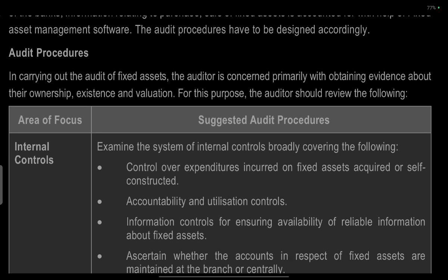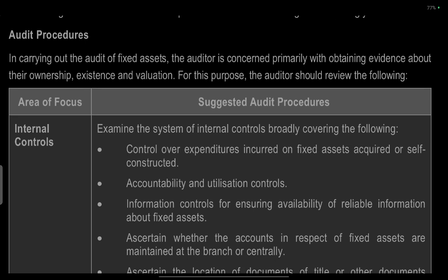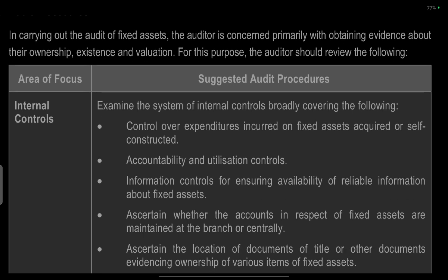Audit procedure. In carrying out the audit of fixed assets, the auditor is concerned primarily with obtaining evidence about the ownership. For the purpose, the auditor should review the following areas of focus: